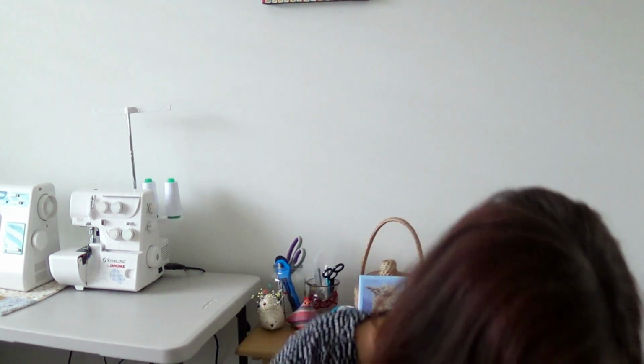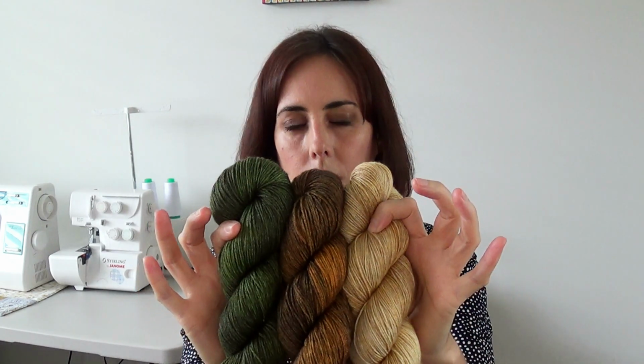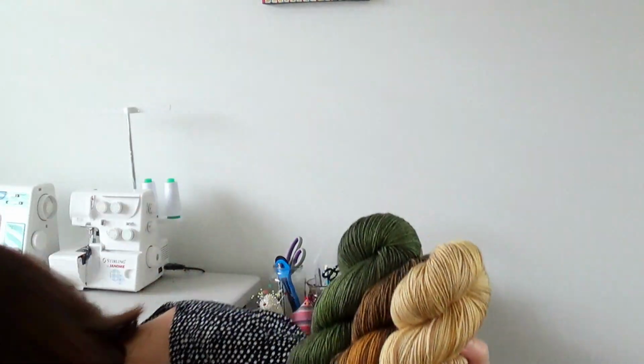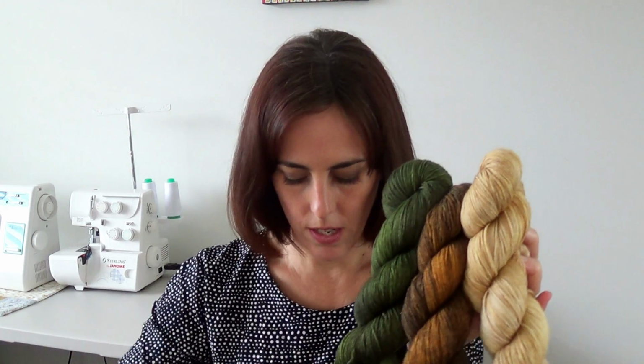Anyway, for this Westknits Hiberknitalong, that's what I was going to say until my memory card died. Oh, where's the other one? There it is. For the Westknits Hiberknitalong, I have chosen these colours as my palette. There is meant to be a fourth one, but I bought the wrong colour home because I just grabbed a heap of colours and I didn't even look at what I was really getting at the time. So the fourth colour, which is meant to be the first main colour, is Barley. So I'll have to grab that on Monday. So it's Barley, Golden Wheat,